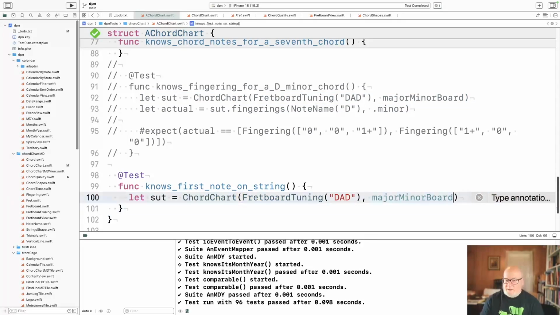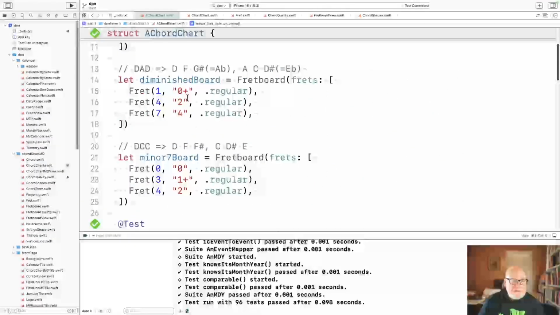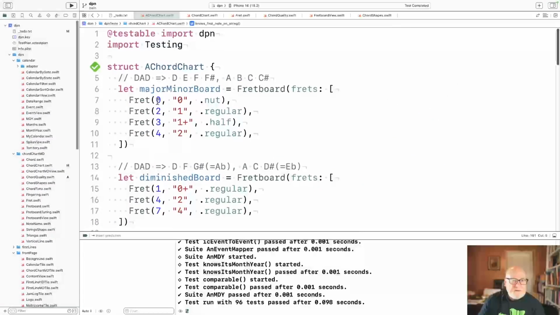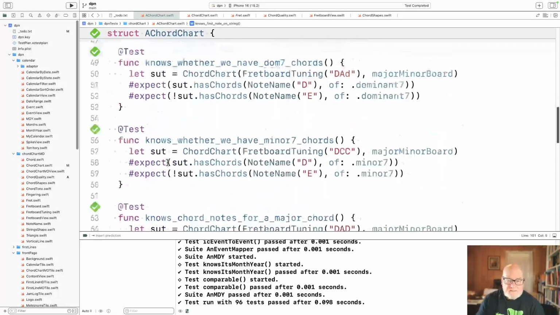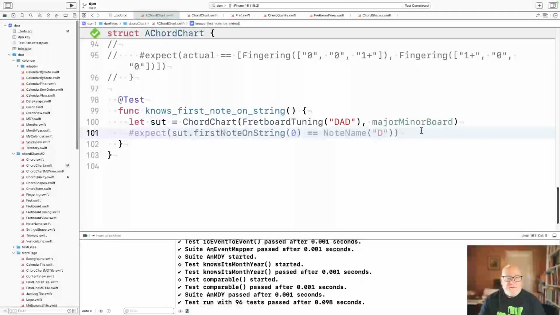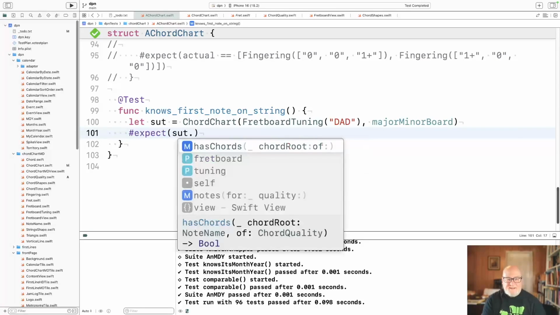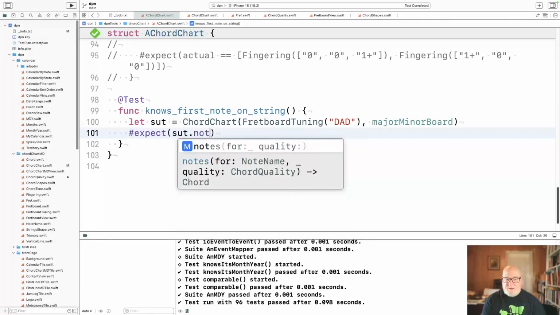Okay, so I've got this major minor board that has enough notes on it to be major or minor. 0, 1, 1.5, 2 on DAD. Okay, so if I don't want to say first note. All right, well, let's expect sut dot. I guess I just want to say the note